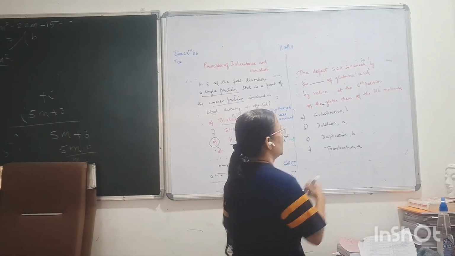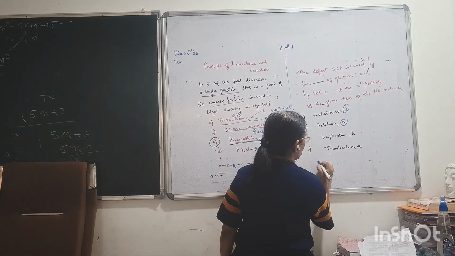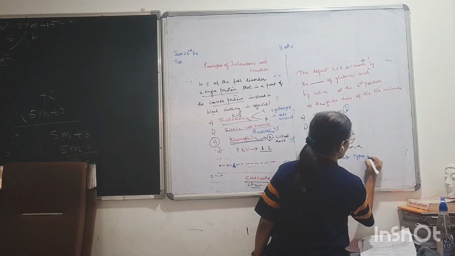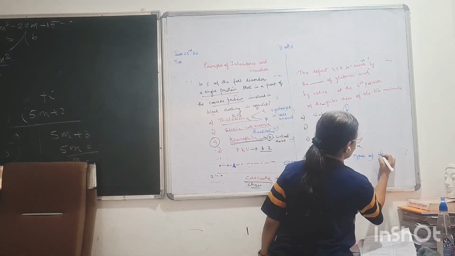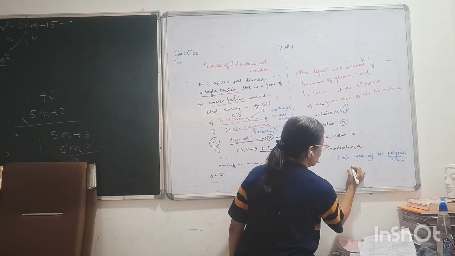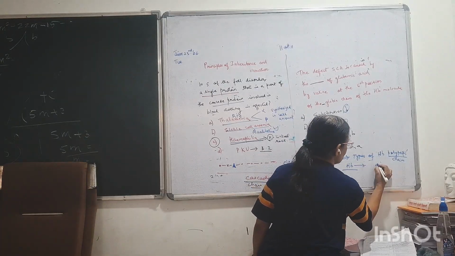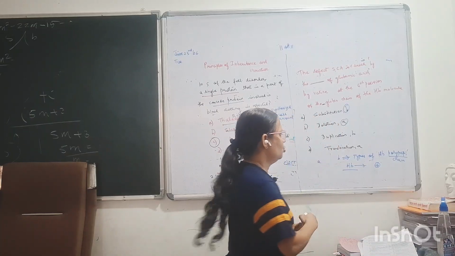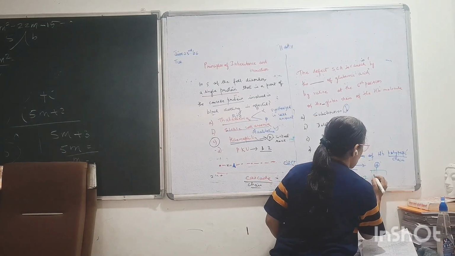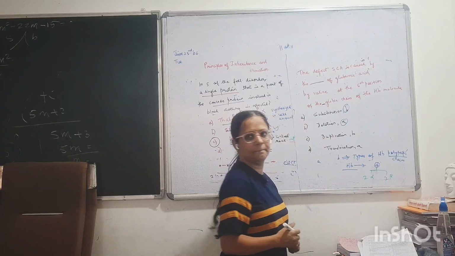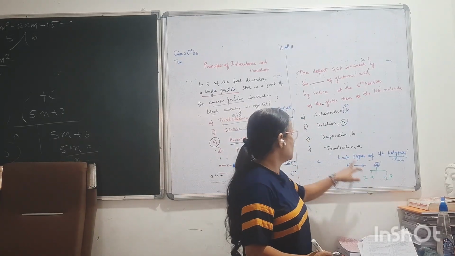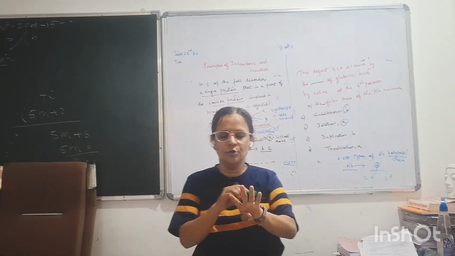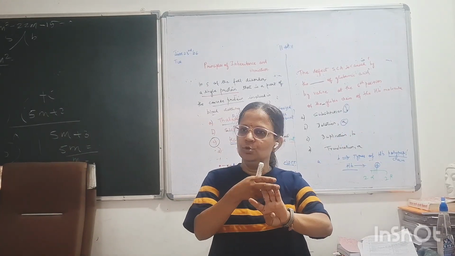Now here what are A and B? A and B are nothing but types of hemoglobin polypeptide. We know that the hemoglobin molecule has 4 polypeptide chains, right? And out of these 4, 2 are alpha and 2 are beta. So I am designating alpha as A and beta as B. In a hemoglobin molecule, you have 2 alpha chains and 2 beta chains.